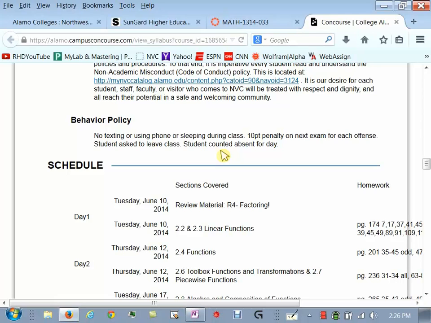And just being on your phone. I know it's a long time to be in here, almost 3 hours. And I know it's hard for some of you to possibly disconnect from the grid and not update your status, but you have to do that in this class, all right? If you need to step out of the class, go ahead. Go in the hallway and say, I'm hating this class right now, and then come back in. But just don't sit there in class and be doing that, all right?